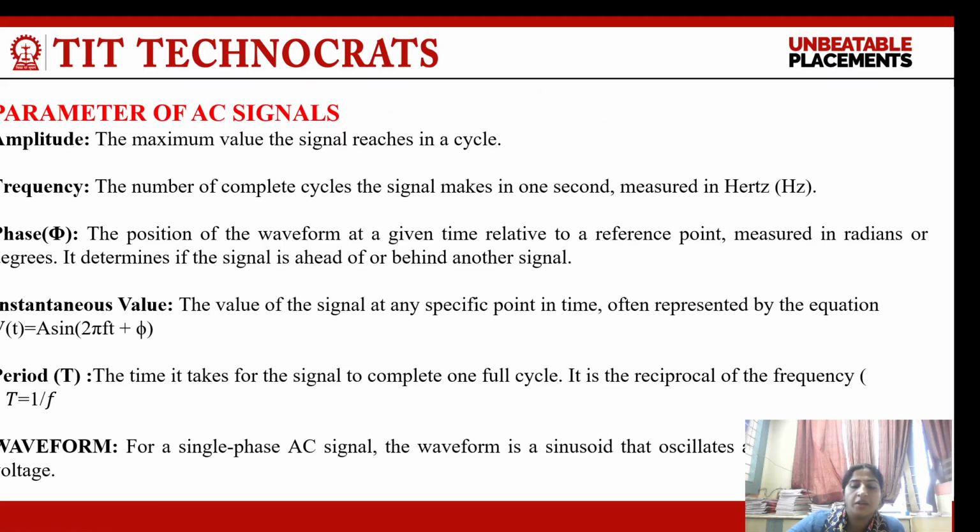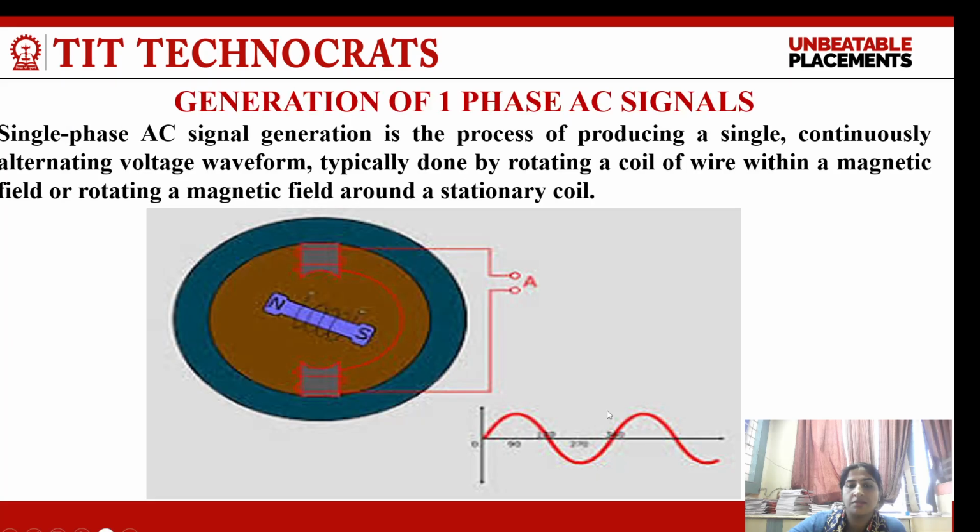Now the parameters which are associated with the single phase are, first, amplitude. Amplitude is the maximum value, that is, this value is the amplitude. Whenever a signal is alternating, it reaches the maximum value two times, one on the positive side and another on the negative side. Then the second parameter associated with the AC signal is the instantaneous value. Instantaneous means any value at any time instant which we get in the alternating wave is known as the instantaneous value.